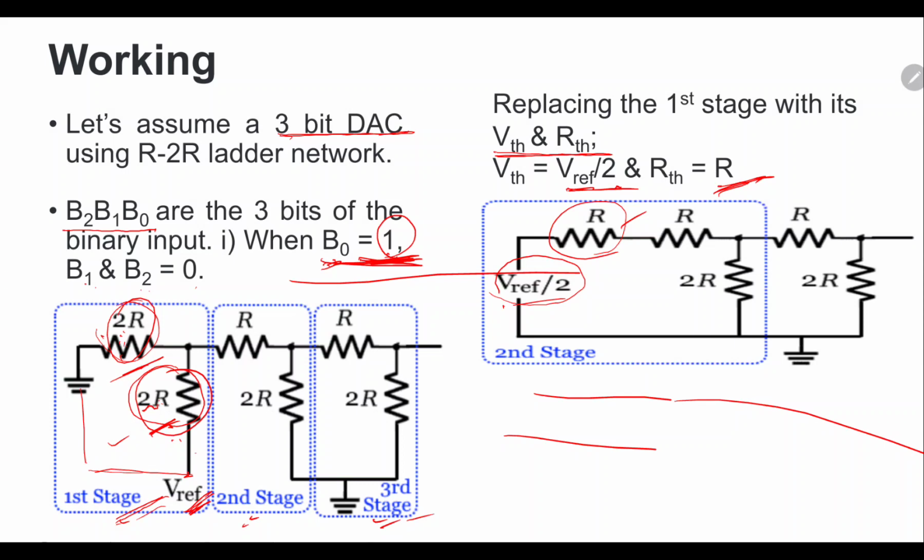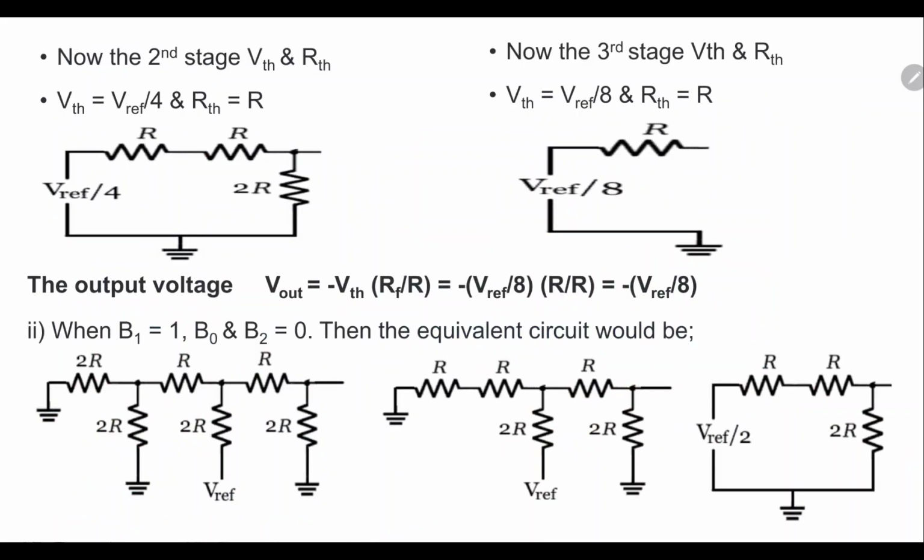Again we have to solve the second stage. Here the same situation is coming. Resistance R and R are in series, so altogether the resistance value here is 2R. And the same situation, this 2R, the combination of these two resistances R and R in series, and this 2R are in parallel, and the applied voltage is V reference by 2. So in the next stage, the VTH is given by V reference by 4,